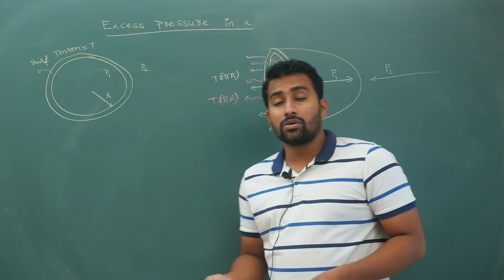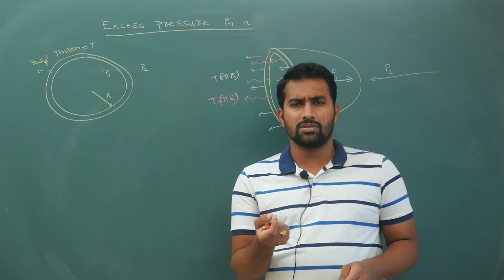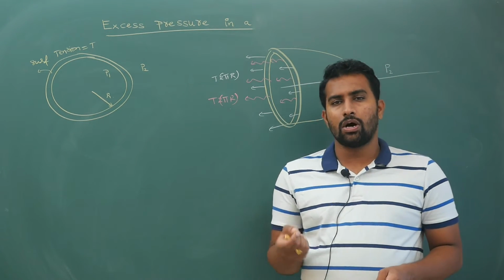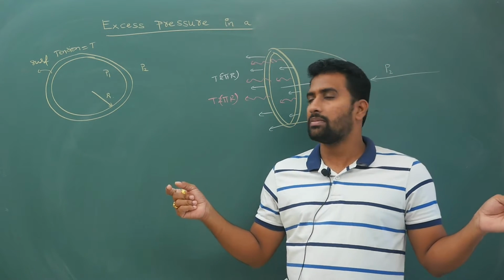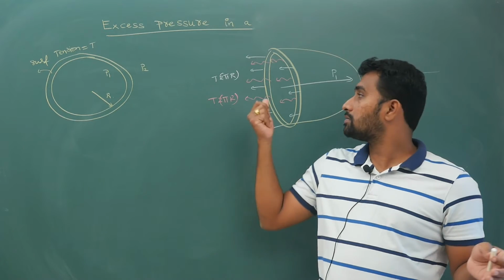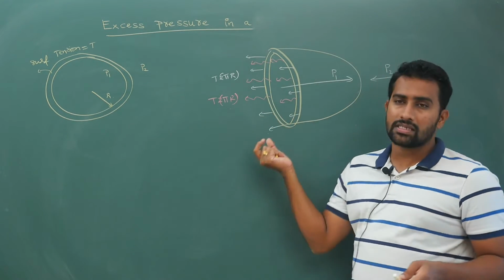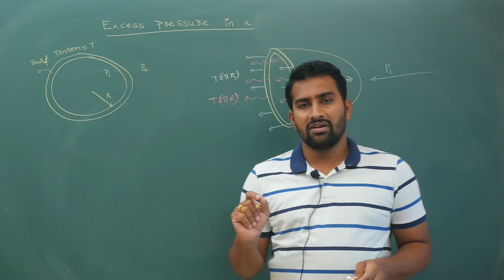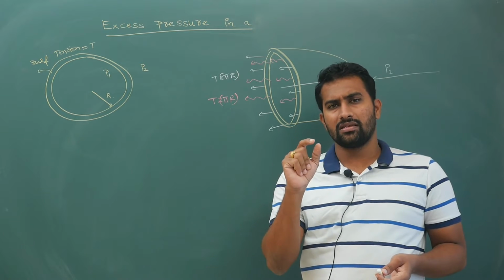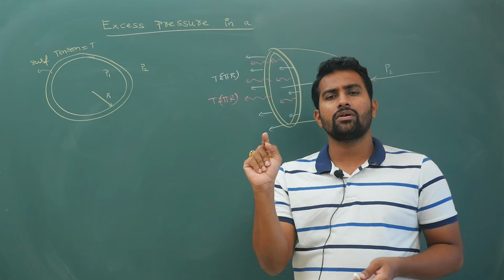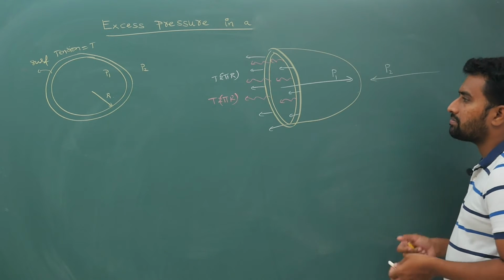Now you could ask me, sir, the radius will be different, one is smaller, but it is negligible. Comparatively it is very small. It is a thin bubble. You will not have a very big bubble. If you have a big one, with R1 and R2, you have to write T times 2 pi R1, T times 2 pi R2. In this case usually it is negligible. Even if you observe bubbles, the thickness is very small, and if you give a small push it will break, right? The bubble breaks. So here it is very small.